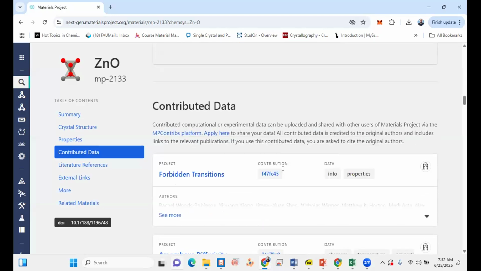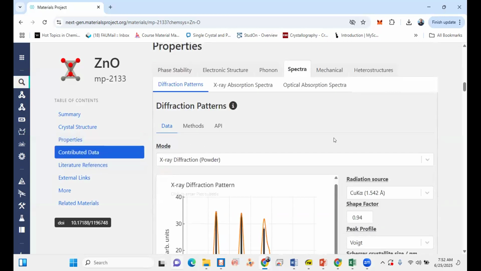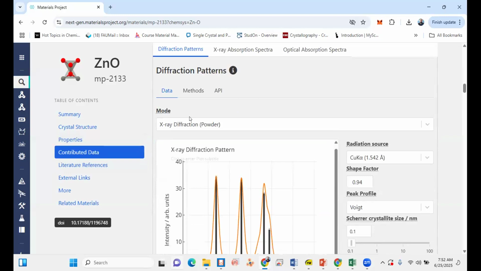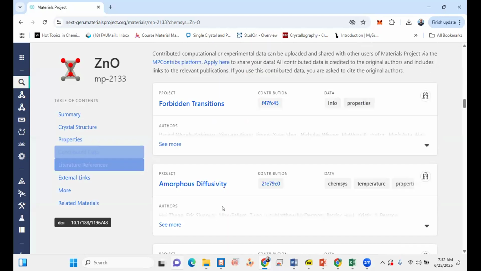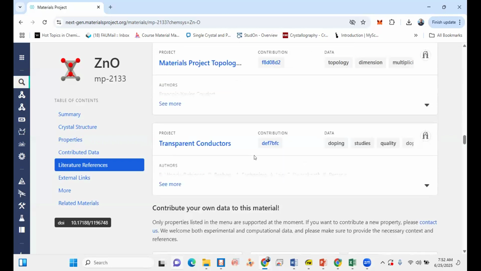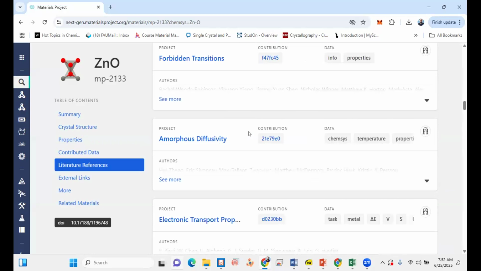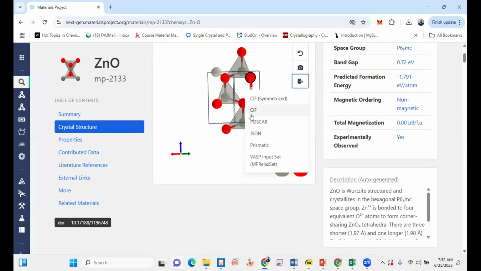Then there are the other spectra too, FTIR, the absorption spectra and optical spectra, you can also check that. Do the whole verification. When you verify and you are satisfied that yes, my material is fine and I should proceed with that, then we go here and download the CIF file.